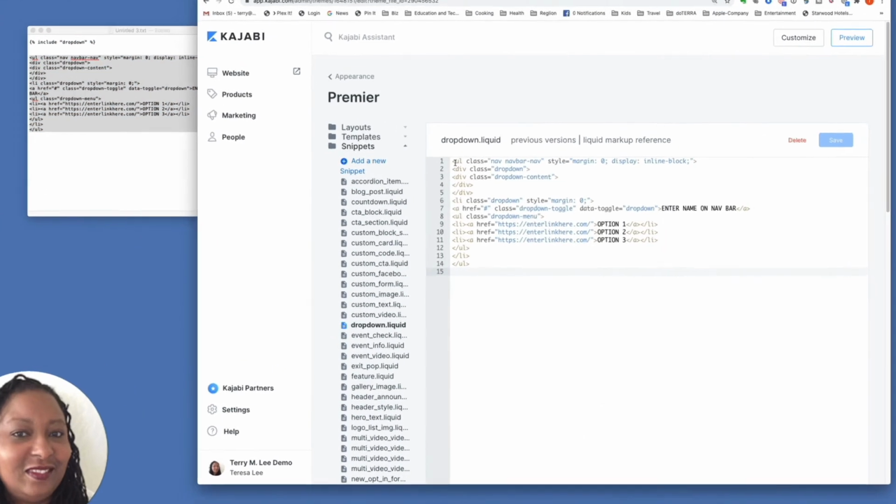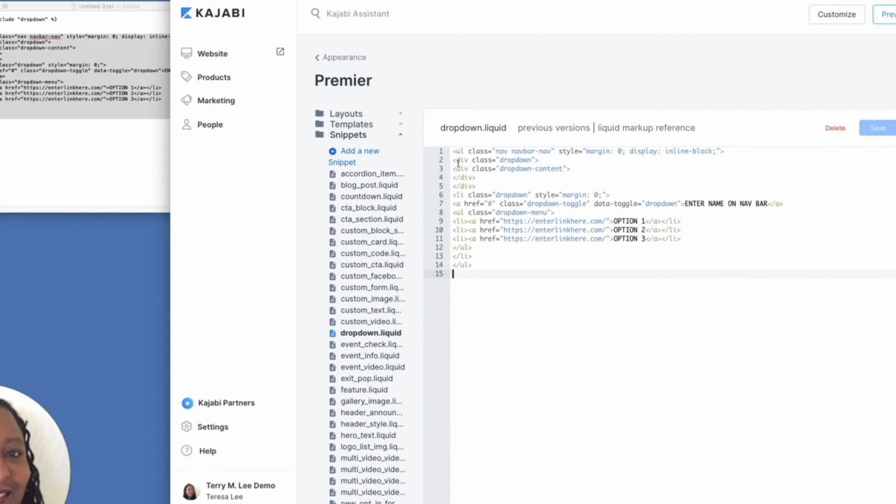Now what this is going to allow me to do is create my menu. And so the part that we're going to change is this, enter what I want it to call. And let's say I'm going to call this my menu. And I could leave this, option 1, option 2. But where is it going to go? Whether it's a link outside of my site or something.